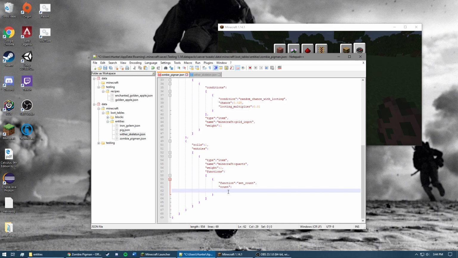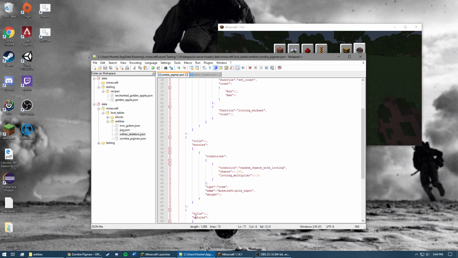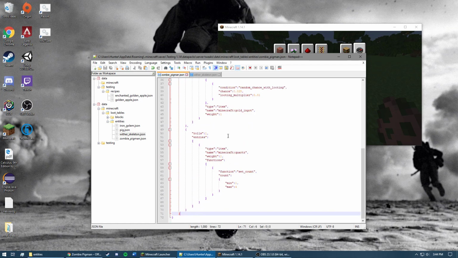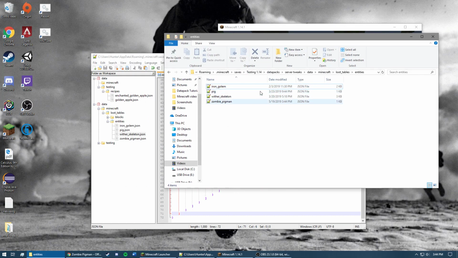Set counts. Open one of the 2 curly brackets. Min. I said I was going to make the min 1. Max. I said I was going to make that. Oh, geez. 4. I cannot type. And assuming I did this right, this should work. So this is basically saved in here under Minecraft loot tables entities, in your data pack, data